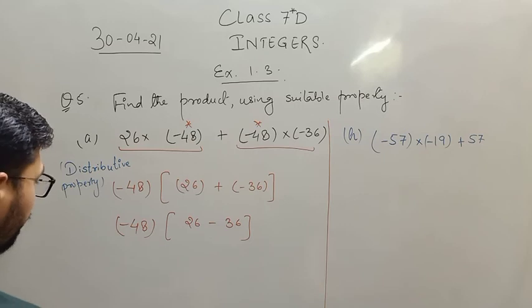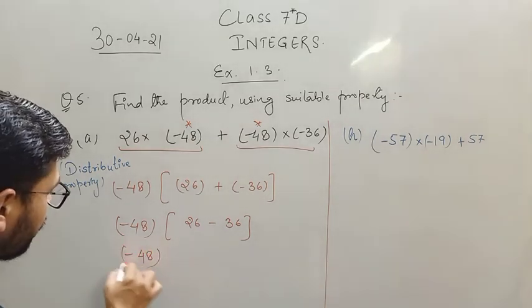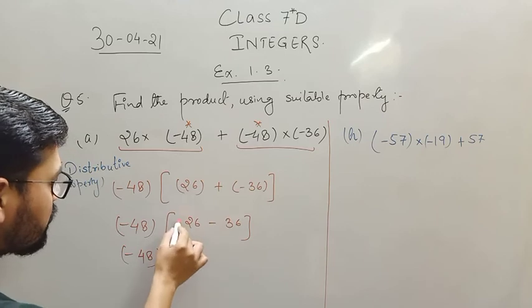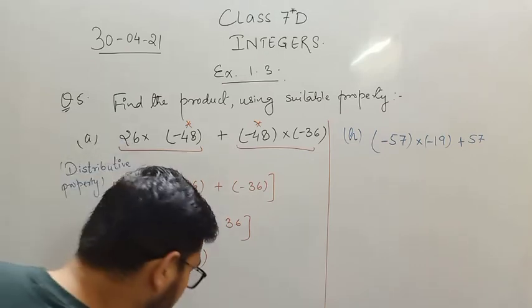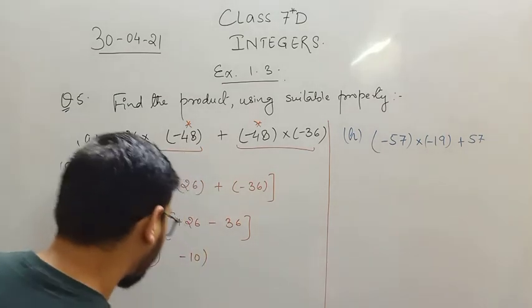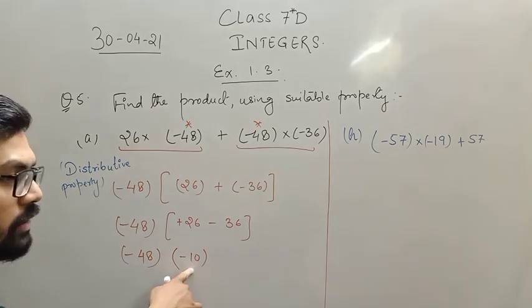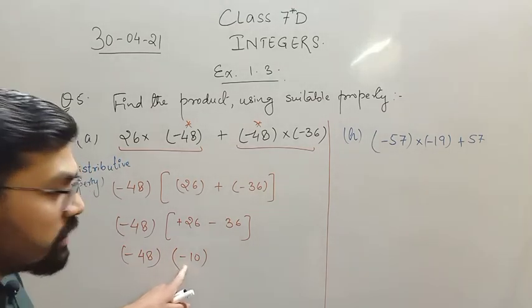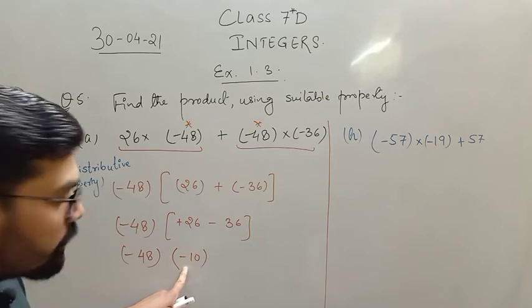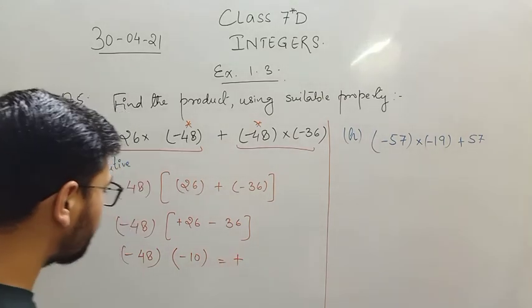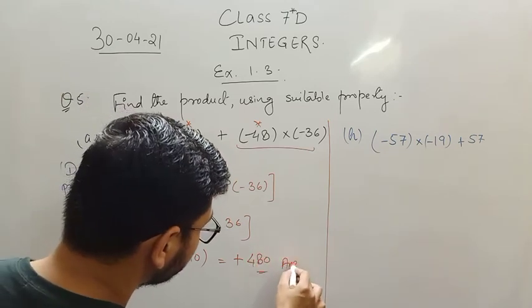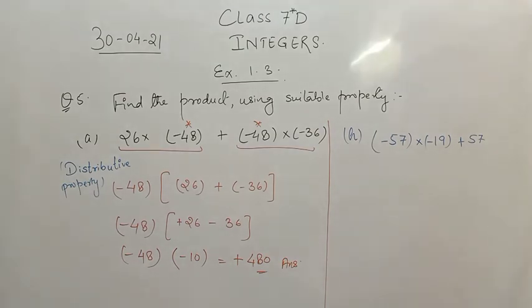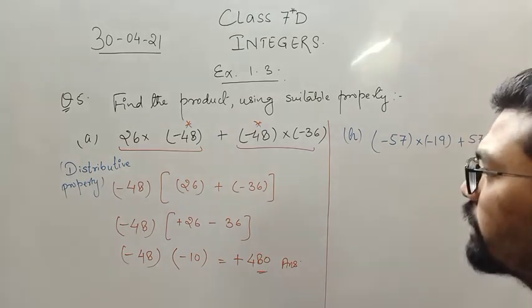Now minus 48 in the bracket: this is plus 26, this is minus 36, so I'll get minus 10 in the bracket, and these are round brackets. When I multiply these two negative integers, the minus sign is appearing two times, that is an even number of times in the expression, so the overall result will be positive. 48 into 10 is 480. Note it down fast. Before this, please see this question, then you will note these two questions together.